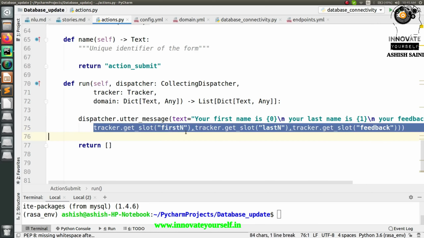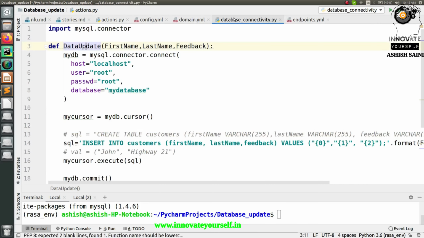Instead we are going to pass these values directly to this particular function, and it will do whatever task you want. In our case we want to store the data, so it will store it. If in case you want to create a new table, it can do that as well, because right now we are going to write a query for your MySQL server. As per that it is going to do the task, right?